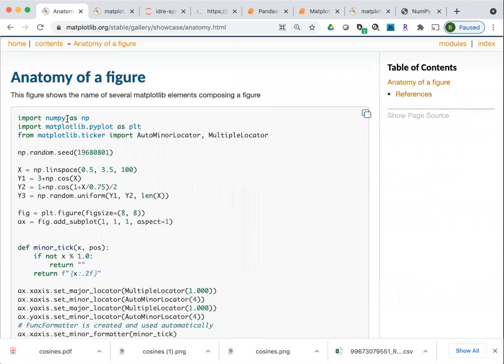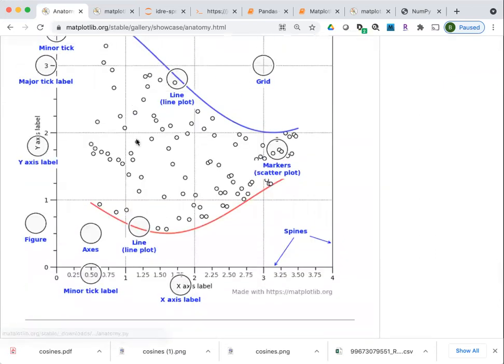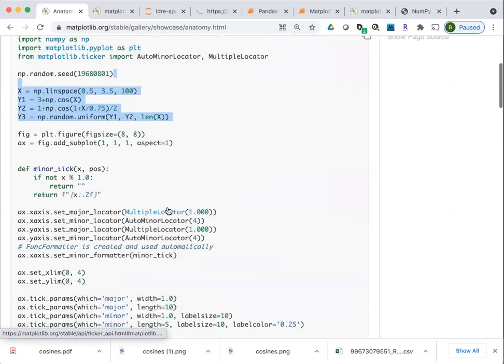This is importing the NumPy library, importing the high-level PyPlot submodule. This generates the graphics. In addition to 2 cosine curves, this is just a random distribution of points, which is used to generate all of these points in between the 2 curves. This initializes the figure object. This initializes the axes objects.